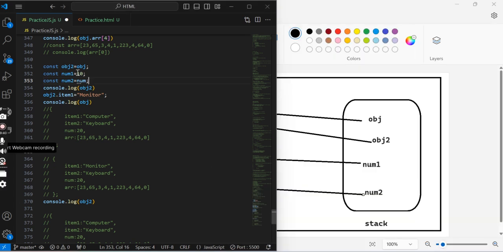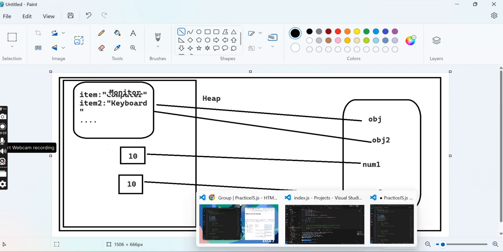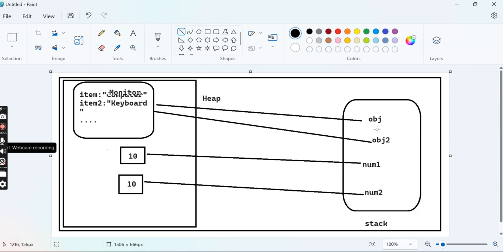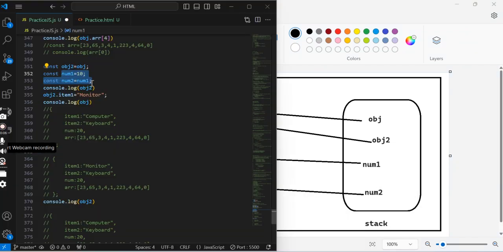When we copy, like when we assign a variable inside another variable, and if it is a primitive data type, it will be handled like this. But if it is a non-primitive data type, it will not make a copy, it will point to the same object. That's why here when we